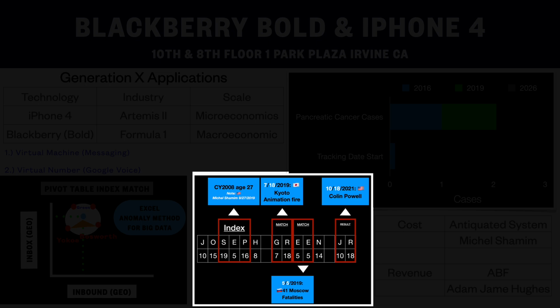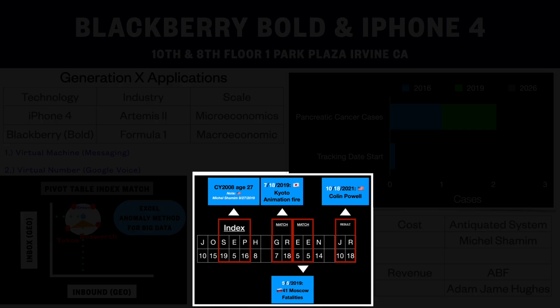Applying Excel tank method to my name. So what I did is use the same index match, and I got 3 matches for GR. That is a set. EE, that is a set. And JR, that is a set.